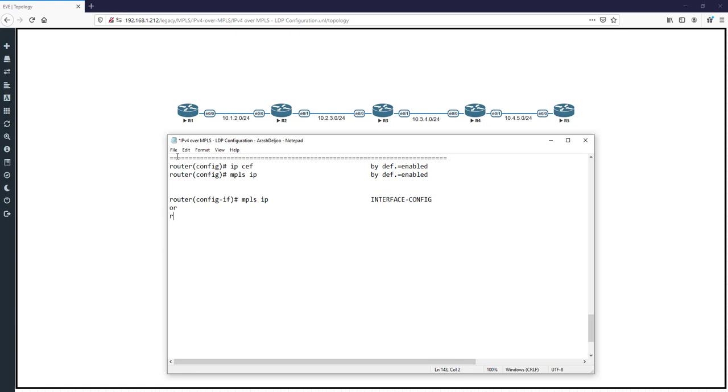Another way of enabling MPLS and also LDP is using the IGP config. You know that we can use this command, for example, in OSPF router config, router ospf process ID, and then in router config, mpls ldp autoconfig, mpls ldp